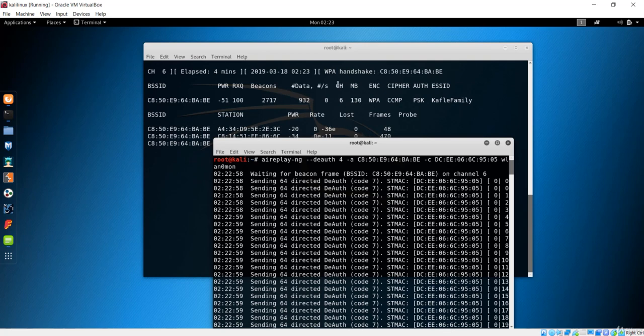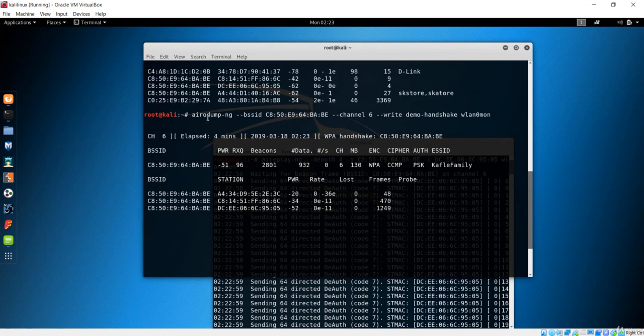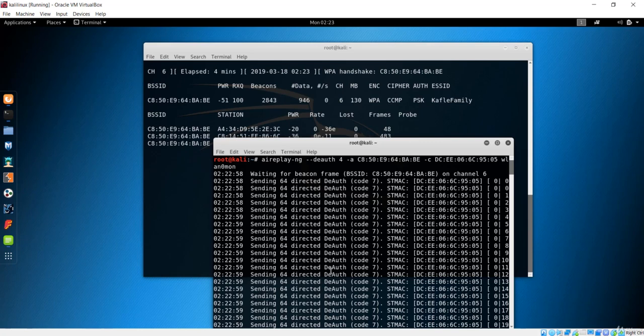So the first process is capturing the handshake packet using Aircrack-ng, or basically Airodump. It is Airodump that we just used here. So first we use Airodump to capture that handshake. Second, we de-auth some of the clients, or basically we disconnected the client for some time, which we did in this case. So the third step is to create the word list and use this handshake against that word list to crack the key, or the password of that WPA based network. So let's see how we can do that.